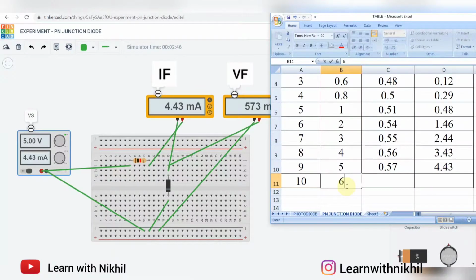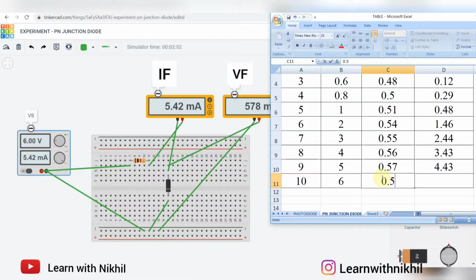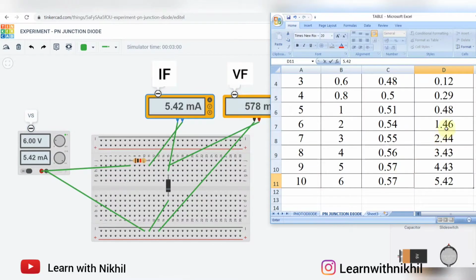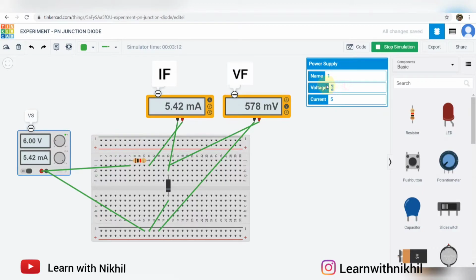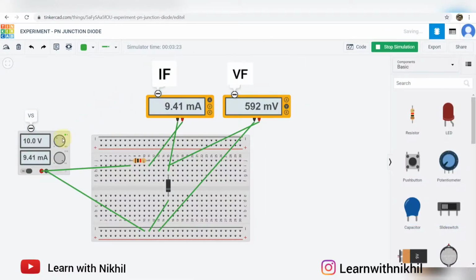Final value, I'll take VS as 6 volts, VF will be 0.57 volts and current is 5.42 milliamperes. Now even if I increase the input voltage, that is supply voltage, to maximum, we can notice that VF is around 0.5 volts. It is remaining constant. So if I am making the observation table,